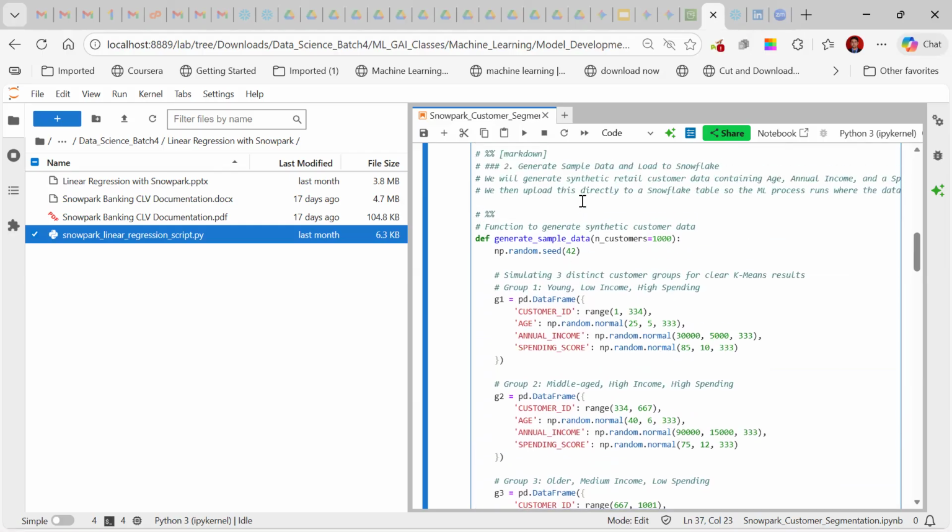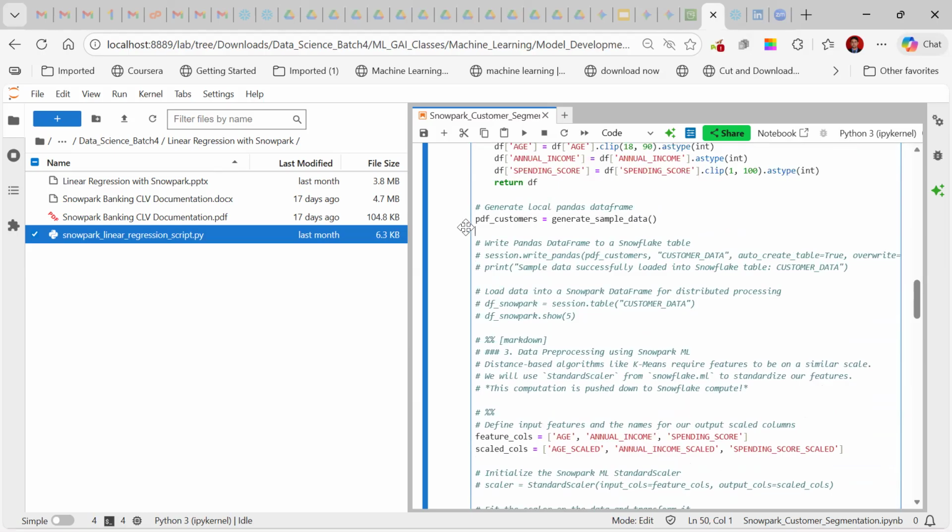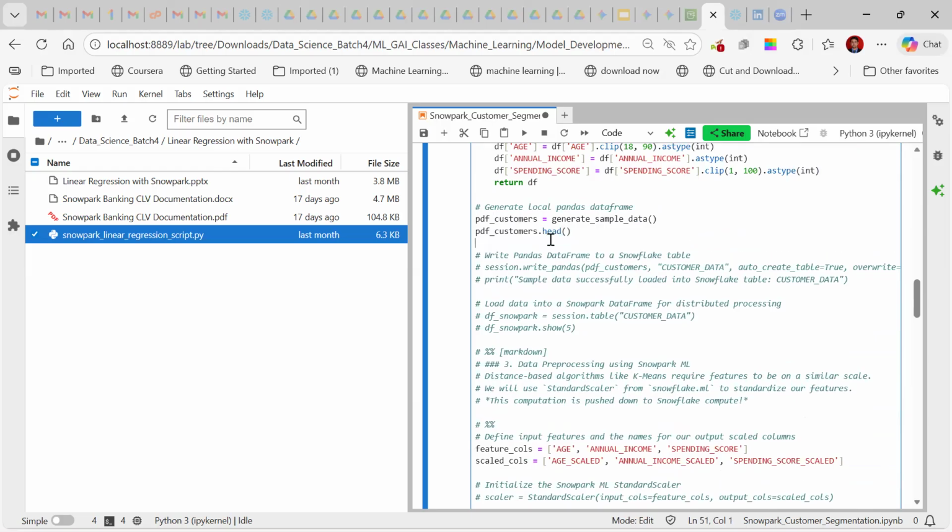Let us create this function as well, and then generate some data, and also display the top 10 using head.